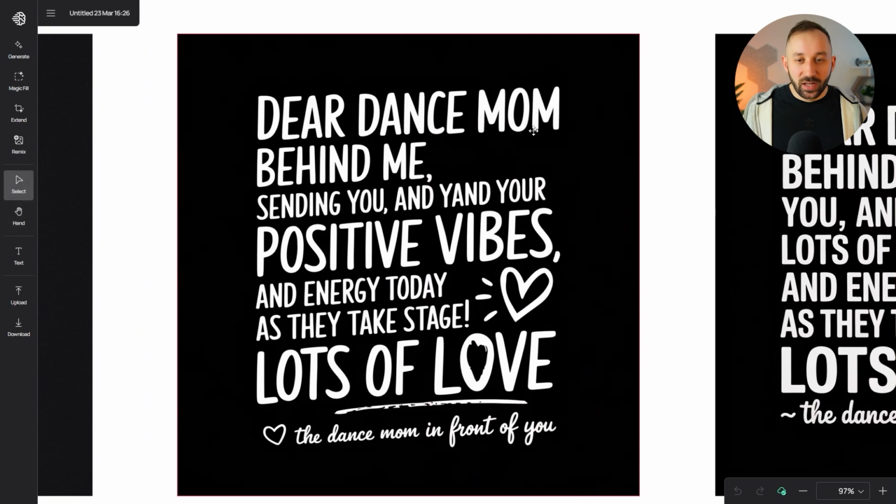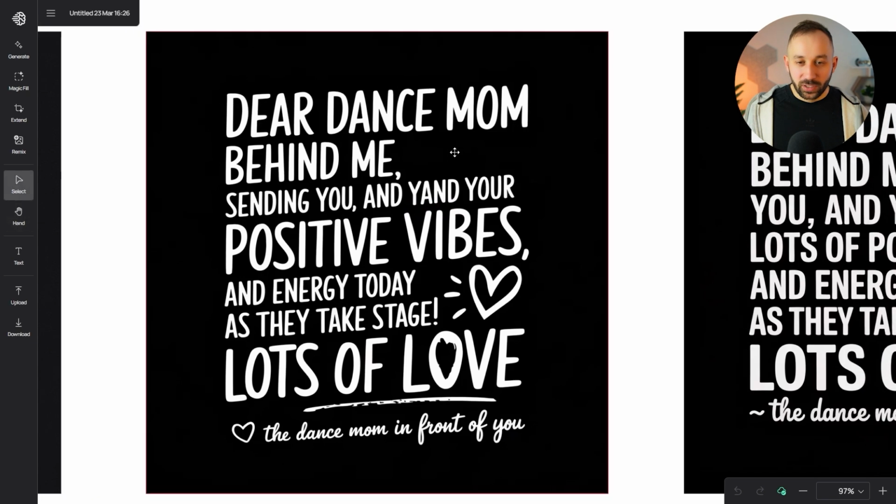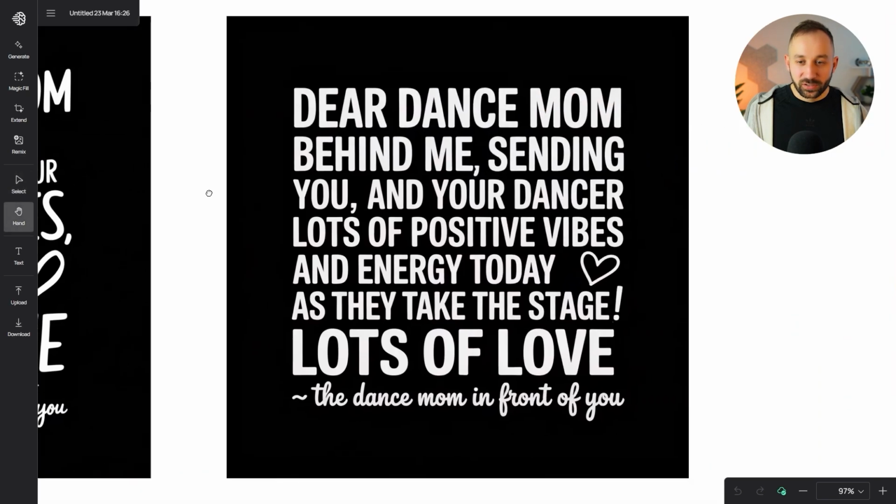We've got Dear Dance Mom behind me, sending you and Yant your positive vibes and energy today as they take stage. Lots of love, the dance moment in front of you. So most of this is correct, just a little bit of mess up right here in the middle. And also the layout is a little bit wonky, I think, with some of these gaps right here. It's not very symmetrical. Whereas this version